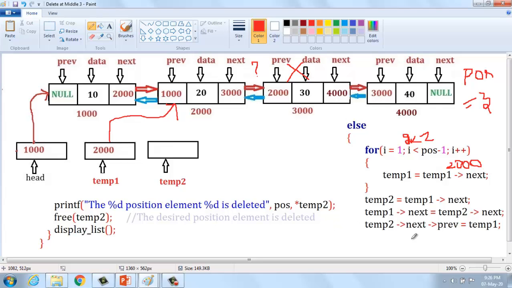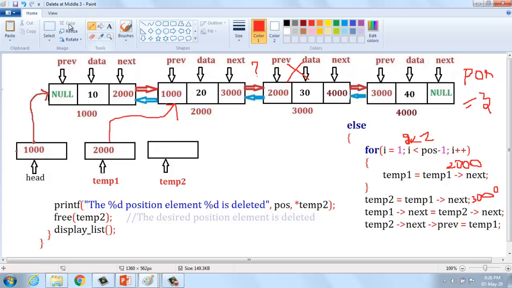Okay, first temp2 equal to temp1 of next. What is temp1? Temp1 is 2000. Temp1 of next points to the next node, that is 3000. Automatically temp2 is 3000.